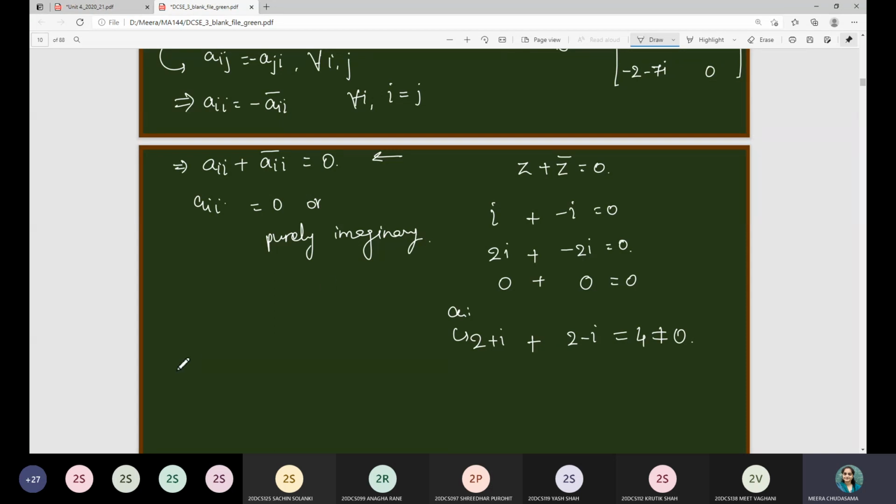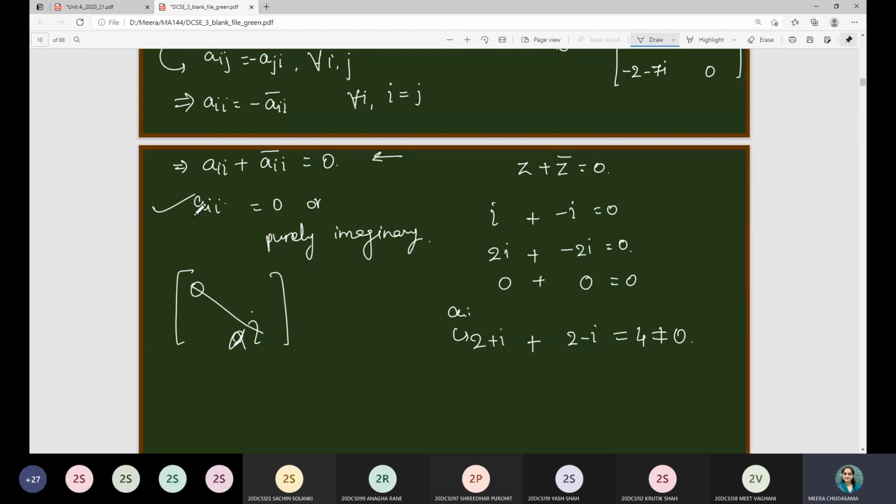Right? So as we have seen in the symmetric matrix and skew symmetric matrix, the diagonal entries will be 0. Similar to that notion, in the skew Hermitian matrix, the diagonal entries of a square matrix will be either 0 or purely imaginary, that is, for any scalar alpha, it will be alpha i. So this is one remark: whenever you consider a skew Hermitian matrix, the diagonal entries of that matrix have to be either 0 or purely imaginary due to this condition.